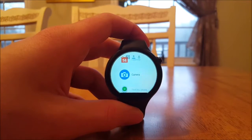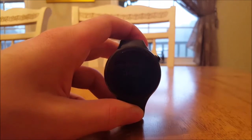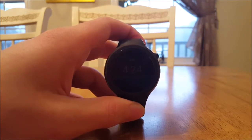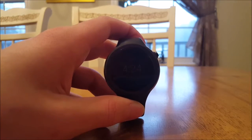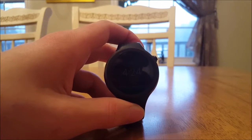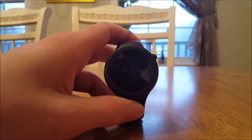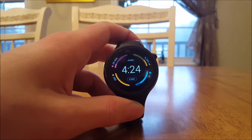My next favorite app is called Camera. It brings a live view of the camera to your watch, even when the phone screen is off, and you don't have to launch an app on your phone either. I'm not going to open that app right now, because it stops the video recording on my phone, but it does exactly what it sounds like. It just brings up a live feed of the video on your phone,